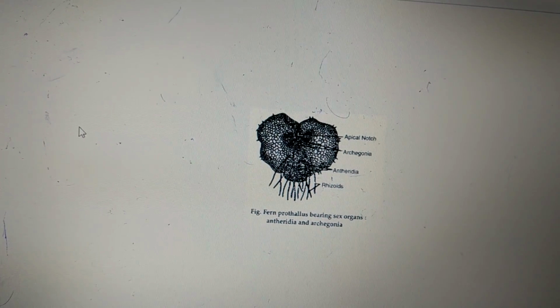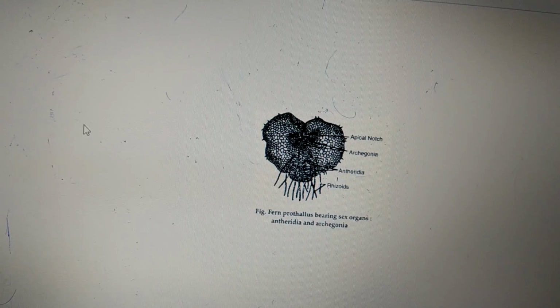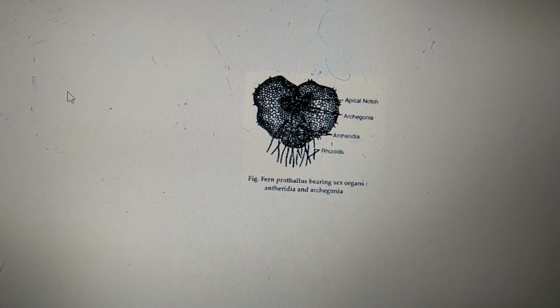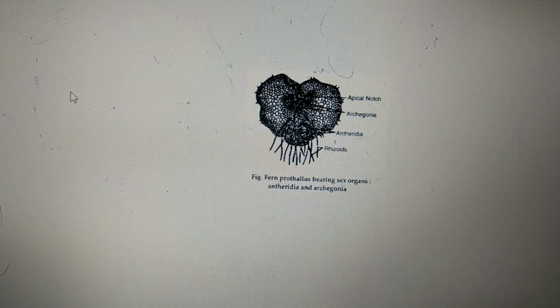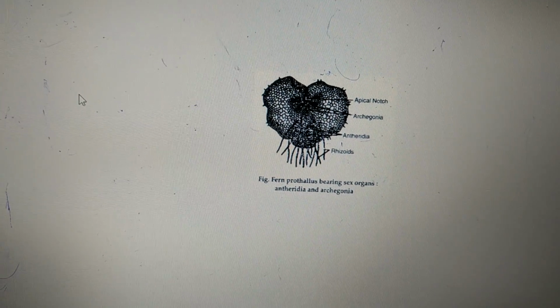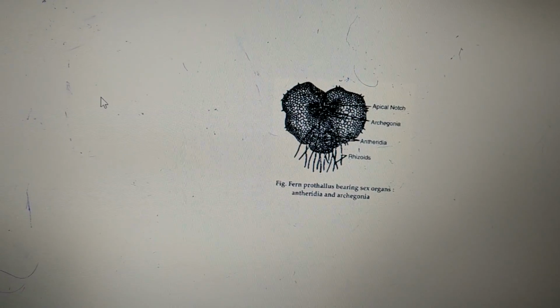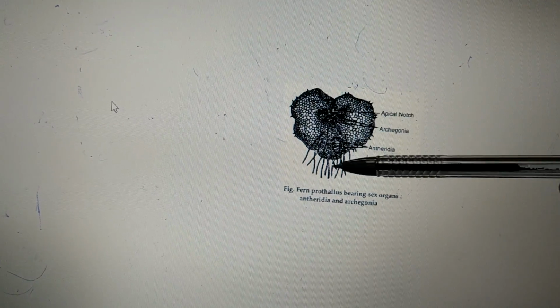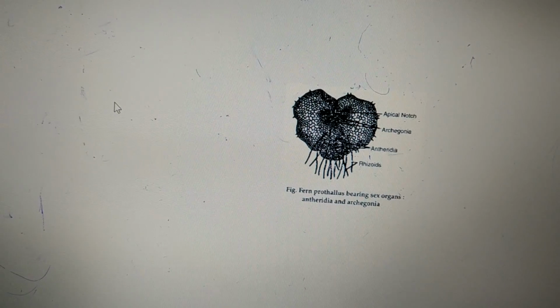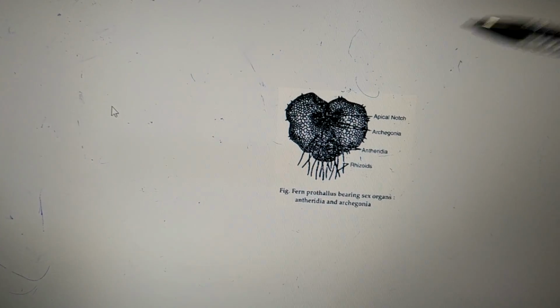Now this is green in color. It is independent because it is responsible for the production of chloroplast and carries out the photosynthetic process, so it is independent. And this thallus is dorsoventrally flattened. We can clearly make out the dorsal and the ventral surface. Here this view is a ventral surface of the prothallus of Adiantum.